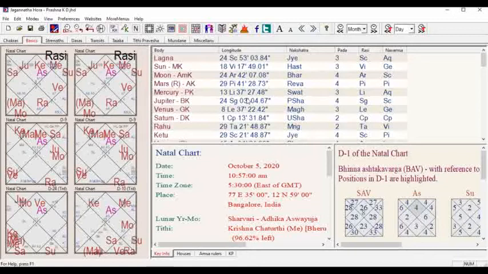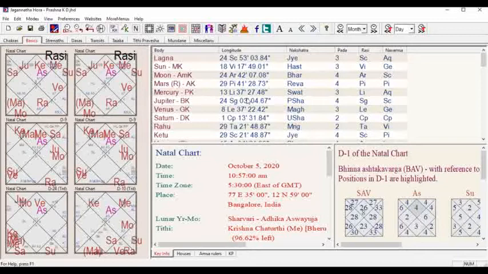So reaching a particular house or a planet is an important thing. How do you reach a particular house or certain energy? Because every house represents certain energy. To catch that energy, you need to reach that particular house, and then you need to decode, and then you need to combine the planet, the sign, and the houses.